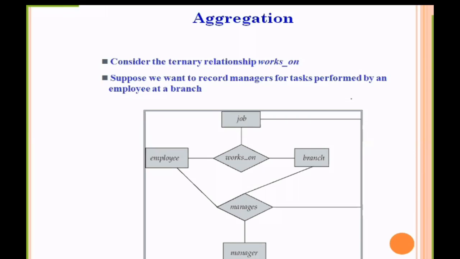Employee, manager, branch and job: all these entity sets are involved in manages. If we consider this type of relationship, we call it aggregation.